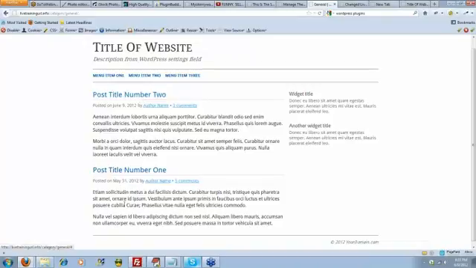This area here is outputting content from what's called the loop. The loop is something that's important for you to understand if you decide that you want to mess with themes at all. Basically what the loop is, it's PHP that says to look into the database and to find if there's any content that matches a particular amount of criteria. In this case, it would be looking for post content. And if it finds post content, what is it supposed to do with it? Well, it's supposed to output it to the page, but